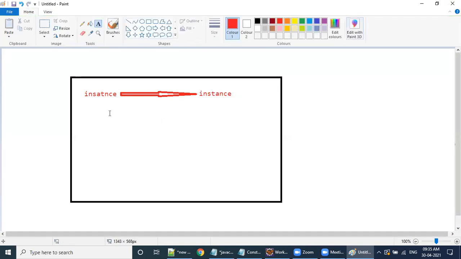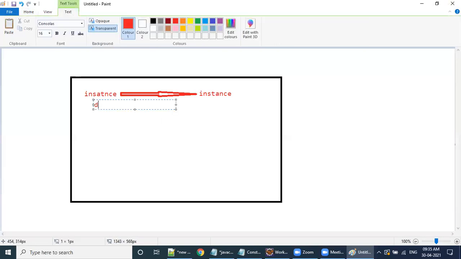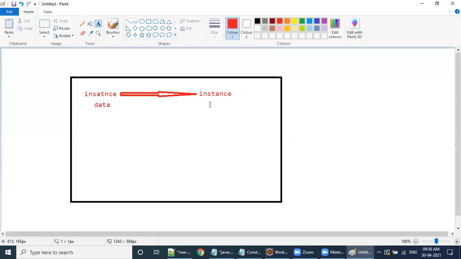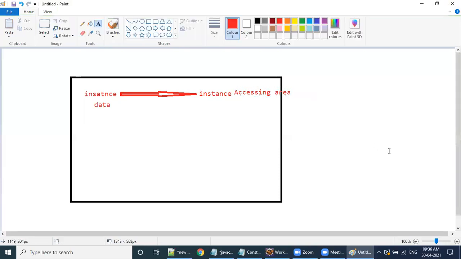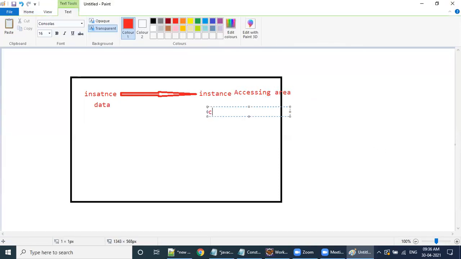Now, sir, here in your class we have instance data. Where it is accessing, that is the point. The accessing area may be a constructor, it may be a static method,